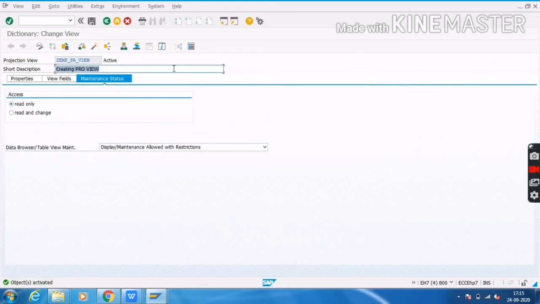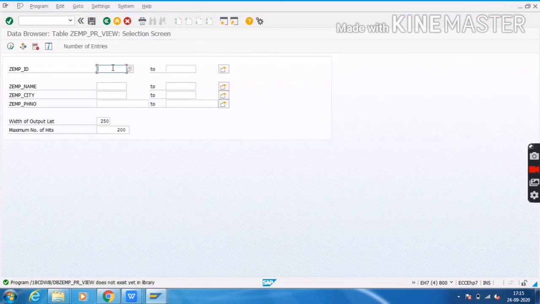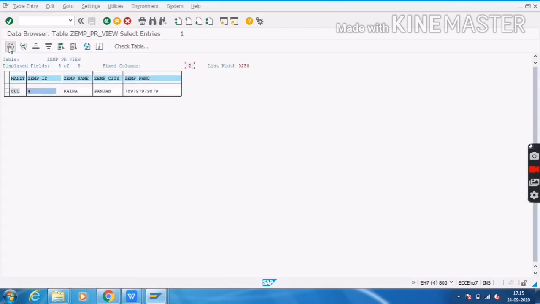Now I will execute to test this projection view. For employee ID, I will give 4. See this one.